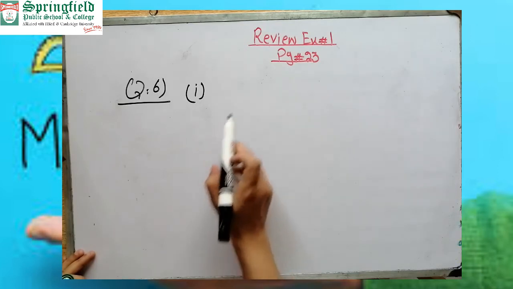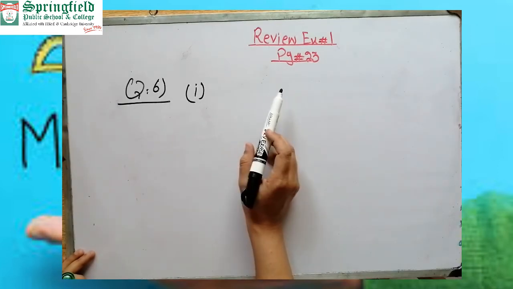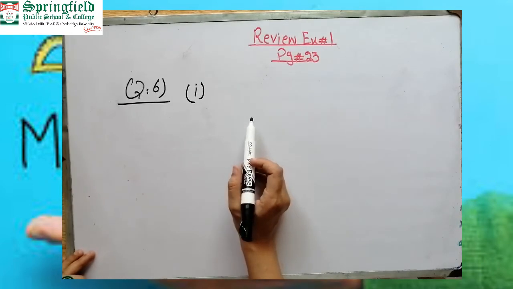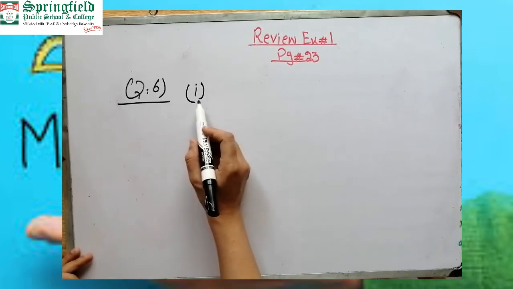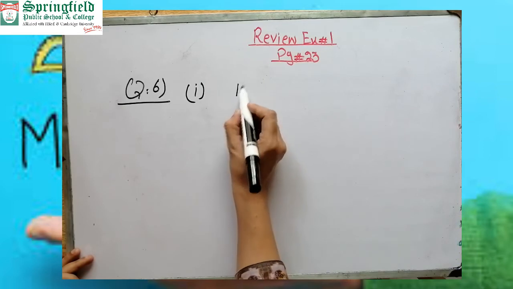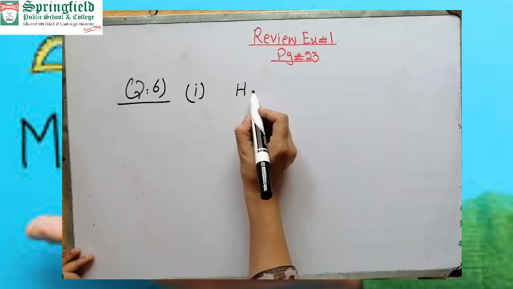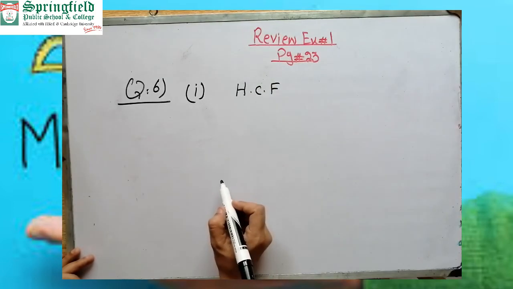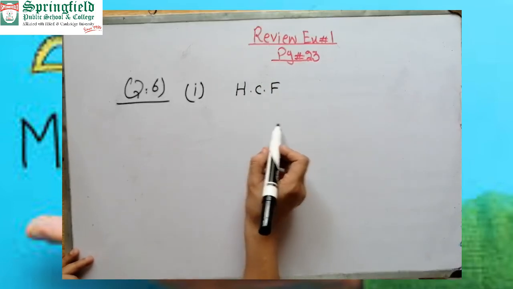Okay, better you write the complete statement. First you write the number of roses, then the number of lilies, and then the number of orchids. After this, the first part is the largest number of baskets. It means HCF. They are asking about the HCF. So the HCF of